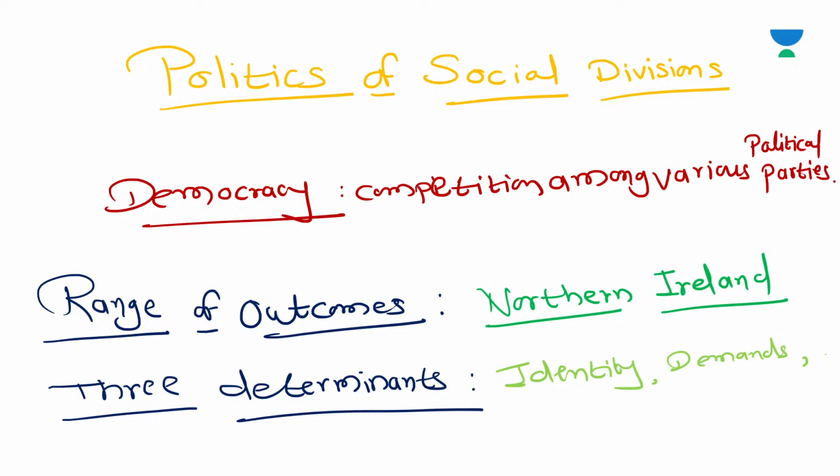Now third, it depends on how the government reacts to demands of different groups. As we saw in the examples of Belgium and Sri Lanka, if the rulers are willing to share power and accommodate the reasonable demands of minority communities, then social divisions become less threatening for the country. But if they try to suppress such demands in the name of national unity,